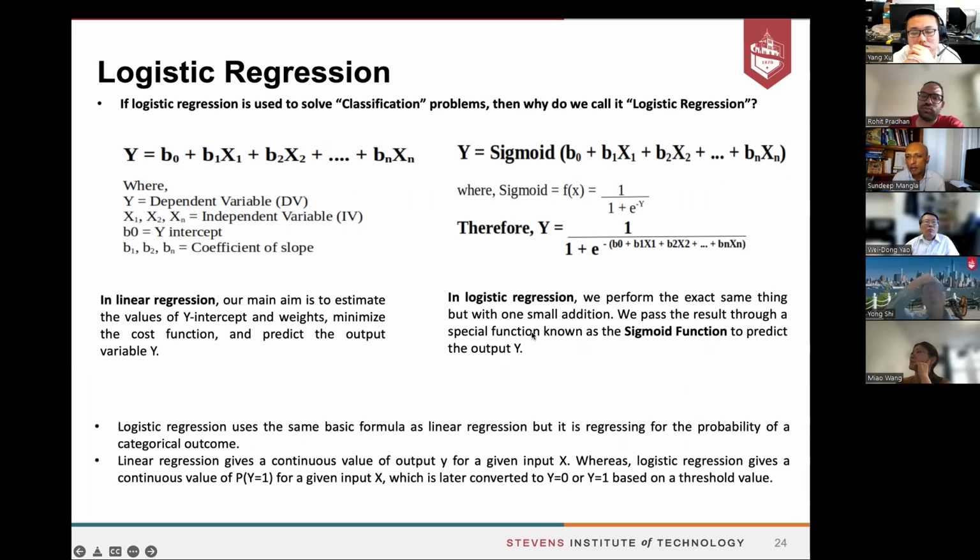Likewise in linear regression, we have a continuous value or the probability value. So probability might range between 0 to 1. But now when we use a threshold, which is used by the sigmoidal function, then we can classify the data into class 0 or class 1. So basically we are converting the continuous variable into the discrete variable, that is 0 and 1.